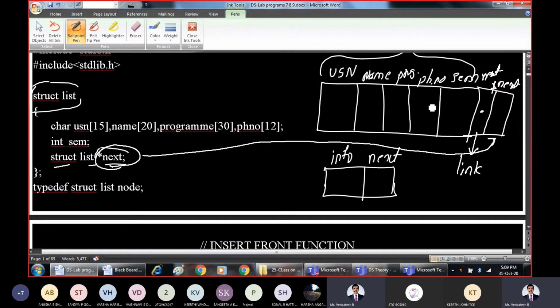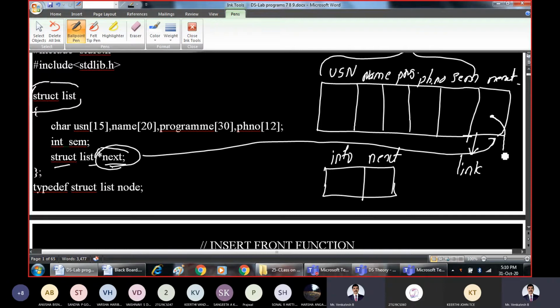If you talk specifically about this structure definition, there are only 6 fields in it. What are those 6 fields? Specifically in this structure, it consists of only one pointer field, that is the next field, and it is already written here.